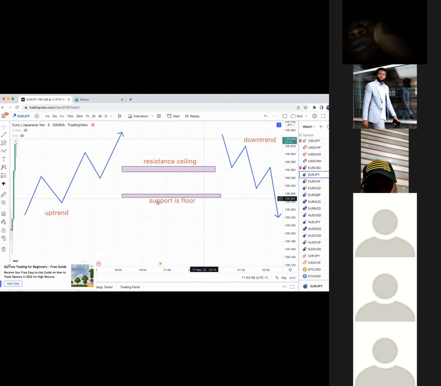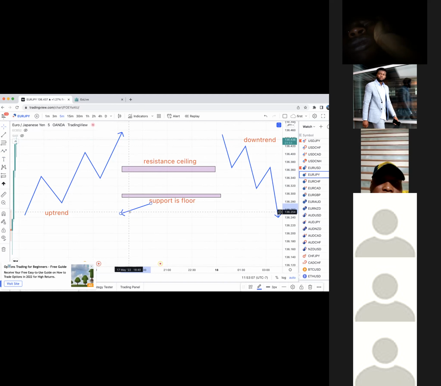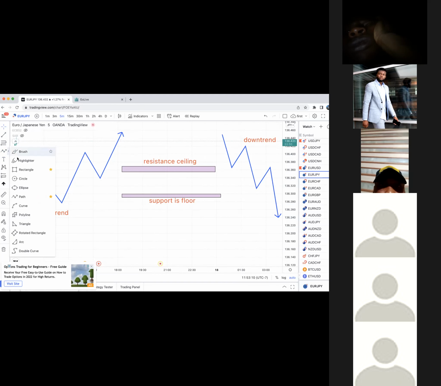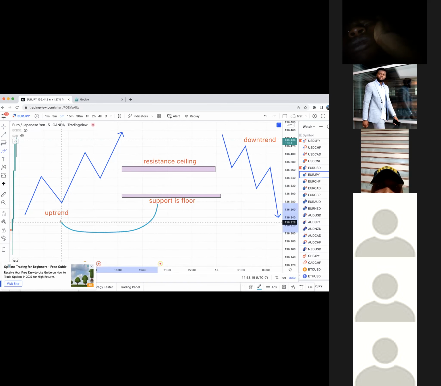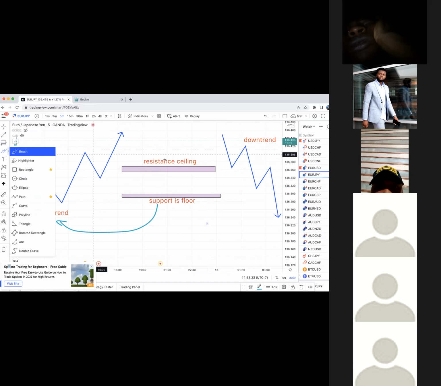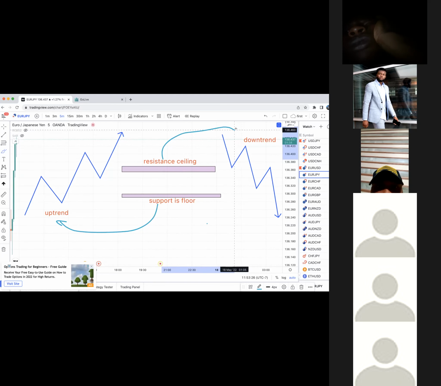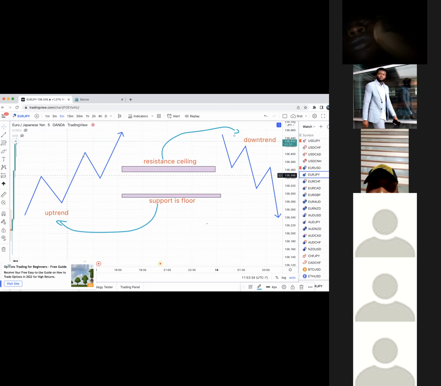Now, support. When you think support, I want you to think about uptrend. Okay, why do I say that? When you think support, I want you to think uptrend. Okay, when you think resistance, I want you to think downtrend. Okay. The reason I say this, guys, ladies and gentlemen, is in an uptrend, your